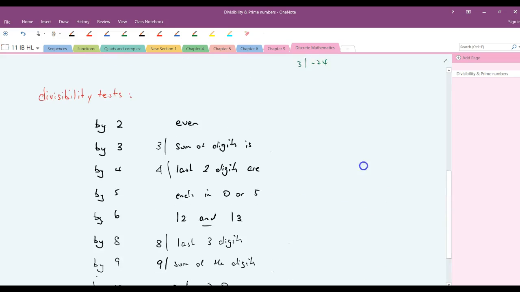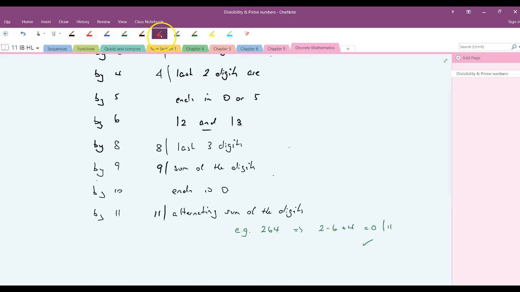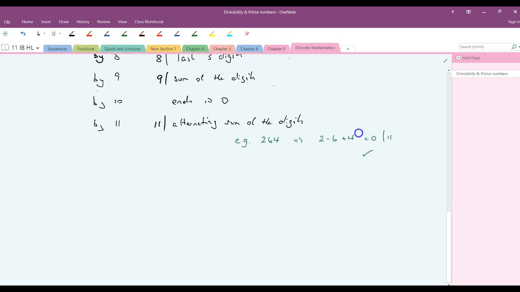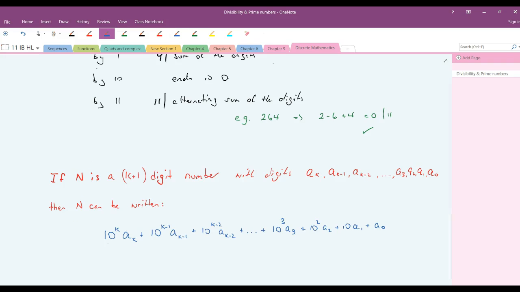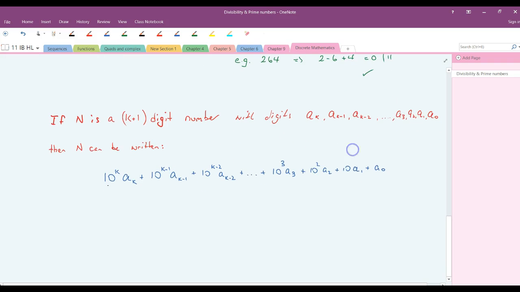Now when it comes to proving some of these, what's going to be really useful is some notation around how to split the digits up. So I'll just pause and write this out. Okay, let me just explain what I've written here. If n is a k plus 1 digit number, so like a 6-digit number, say, then let's look at a 6-digit number,